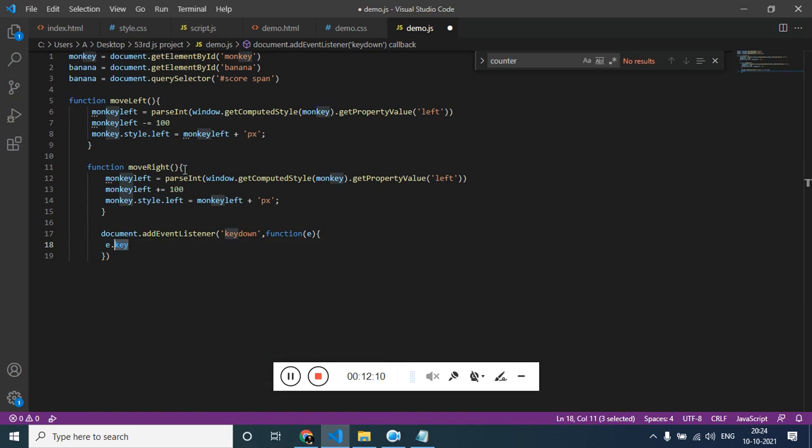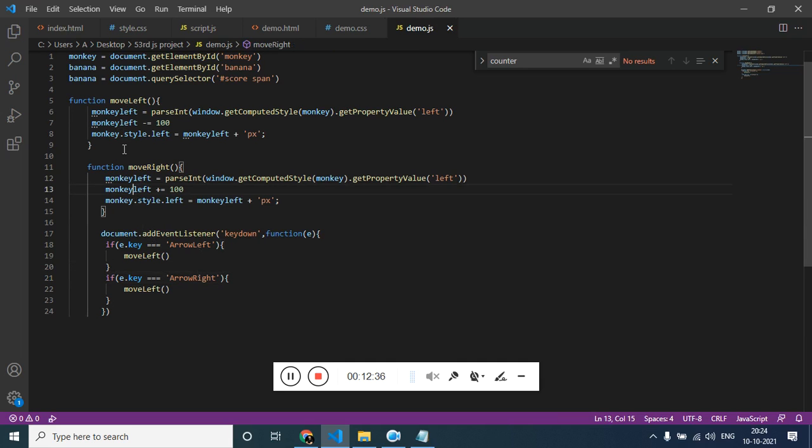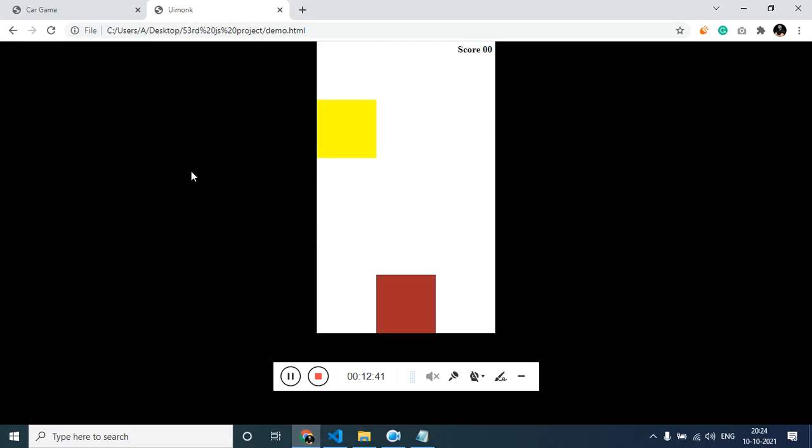Now we'd be checking if e.key is ArrowLeft, then run this function. If it is ArrowRight, run the right function. Let me refresh and show you.